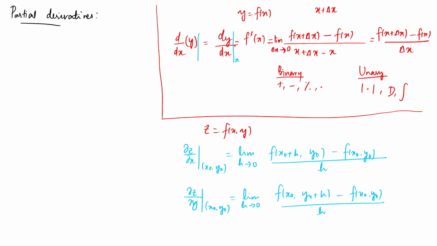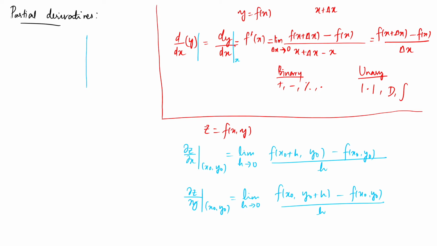Class, can you see the similarities between them? Yes, sir. So you can very well see the similarities. In the first definition, we have fixed y and we treated that as a function of x alone and did the things. In the second case, we fixed x and we treated that as a function of y and did the requirements. Now, let us see the meaning behind it.